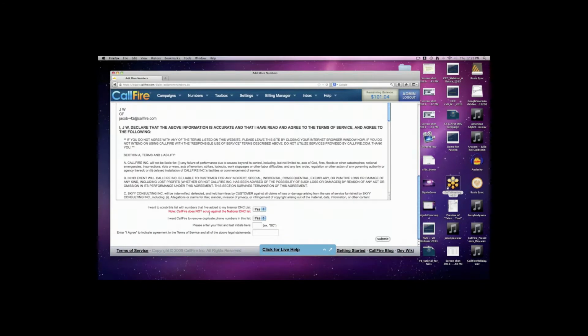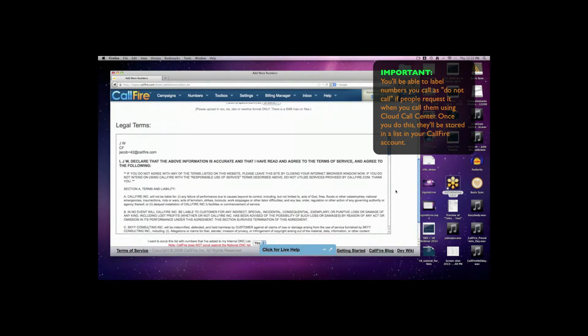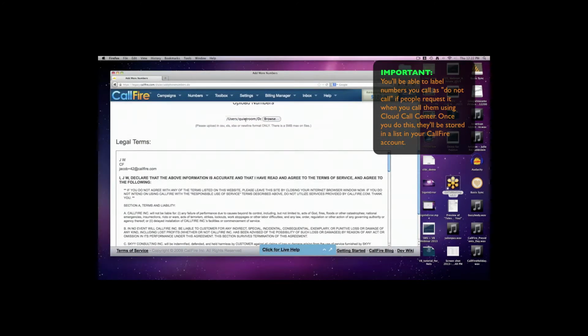So the first question that CallFire asks me is, do I want to scrub this list for the numbers that I've added to my internal do not call list? What does that mean? By default, CallFire is not going to scrub your list against the national do not call list, as we indicate right there in red. What we do mean by that question is that if any of the numbers in this list that we're about to upload also happen to appear in your own CallFire account's do not call list, and those numbers would appear there because when my telemarketer has made